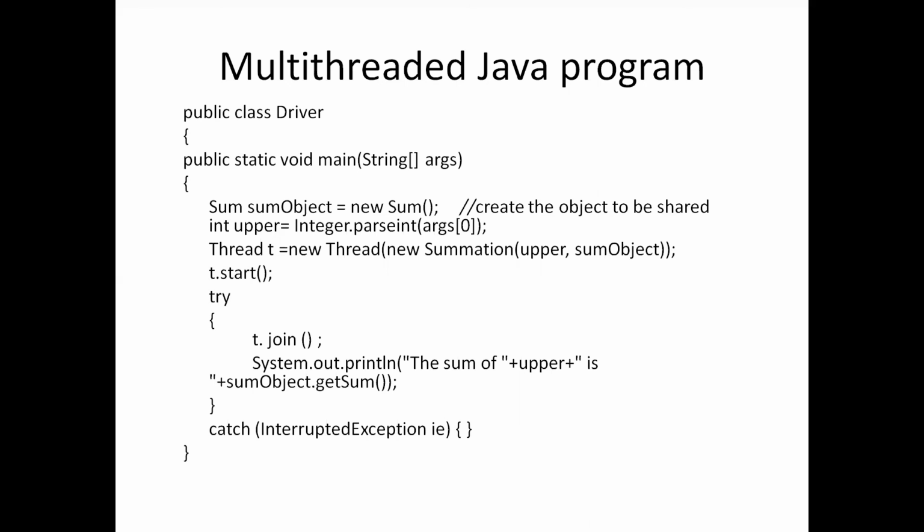This is to get some value from the get sum method. To access the get sum method, we need an object of the class where the get sum method is present. The get sum method is there in the sum class. So first we need to create the sum class object, and by using the sum class object, we will access the get sum method which is present in the sum class.